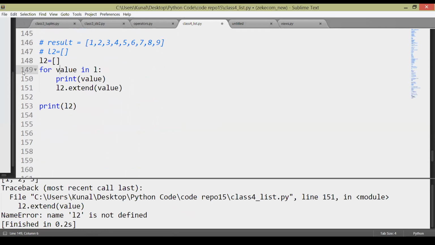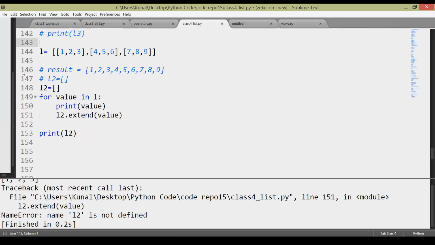Okay. So what I'm saying is that I have a list which contains multiple lists again. So if I iterate over it, in each iteration I will get one list, right? So I'm defining a new list, a blank list. Whatever list I get, I just want to extend it. Extend will take a list as an argument, iterate over it, and store the individual elements. So now if I just print my L2 here,